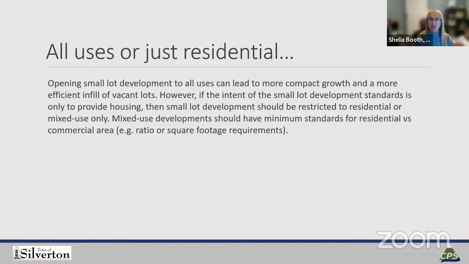Do you want to offer incentives? So if you are a commercial development, you can have the small lot standard if you incorporate residential, or just flat, if you have a small lot and you're commercial, you can do it. That's more where I was trending with that thought: that if a lot could go commercial, we encourage it being commercial residential.